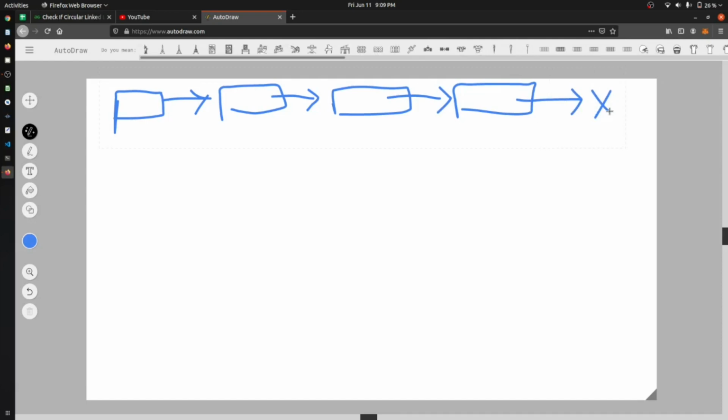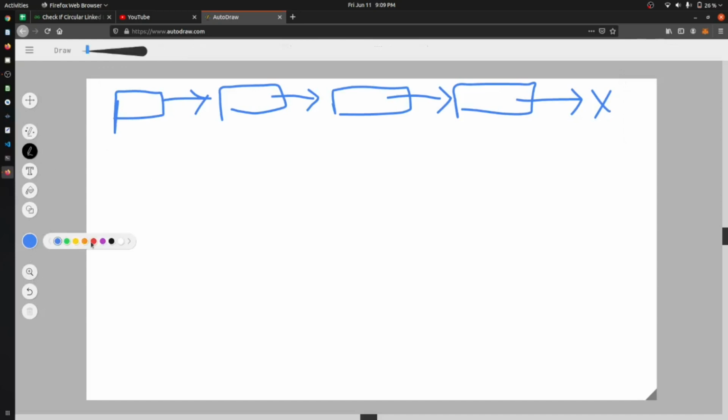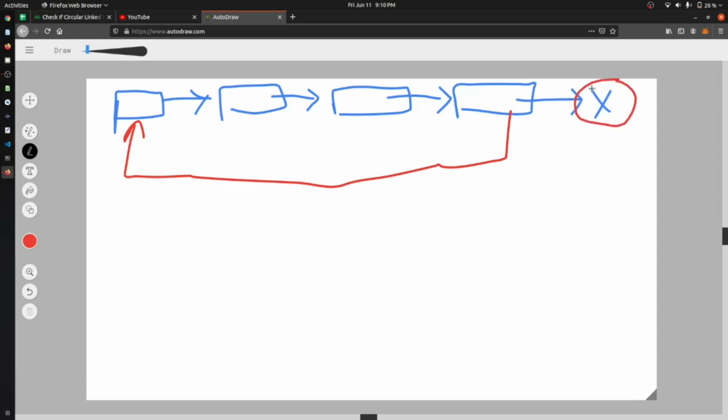But in a circular linked list, the last node will point to the first node. So if a linked list is circular, you will not be able to find any null. There will be no null.